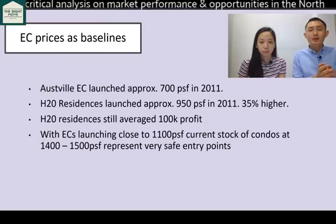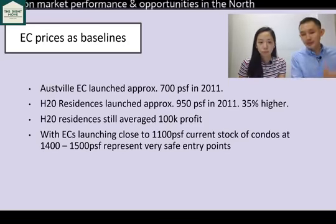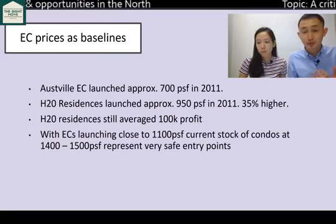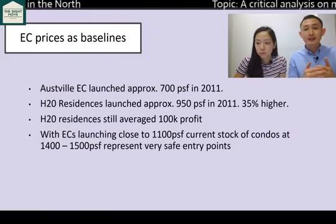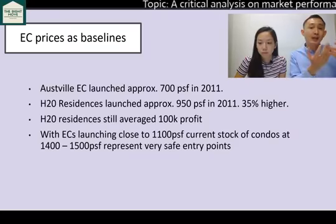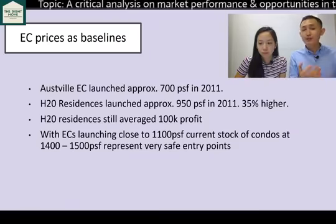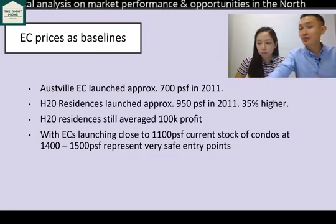So what we can deduce from this past example is that with ECs launching at 1,100 per square foot in the near future, on land that has already been tendered, there are a lot of opportunities to purchase the current stock of condos at 1,004, 1,005 PSF. All these represent really safe entry points. Take for example,